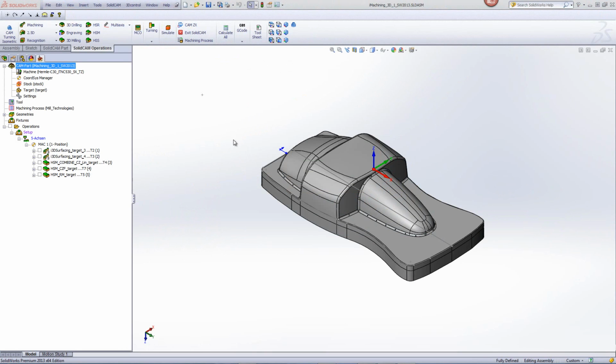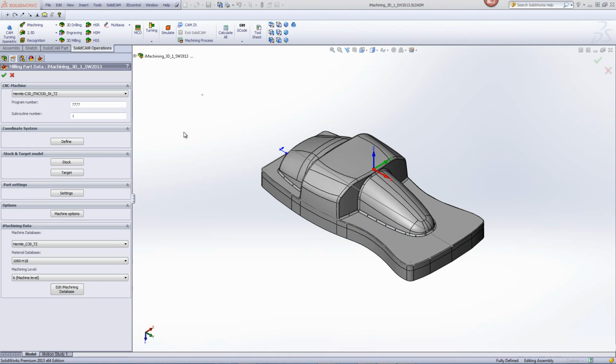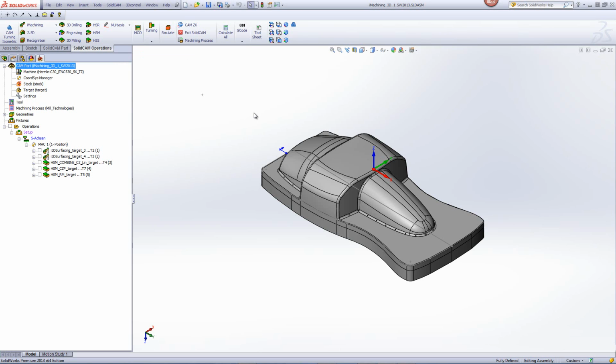In this recording, we'll demonstrate the use of iMachining 3D on this mold. If we take a look at our CAM part, you can see that we've defined our machine database as well as our material database together with our default machining level. Now, if we were to go into our first operation,